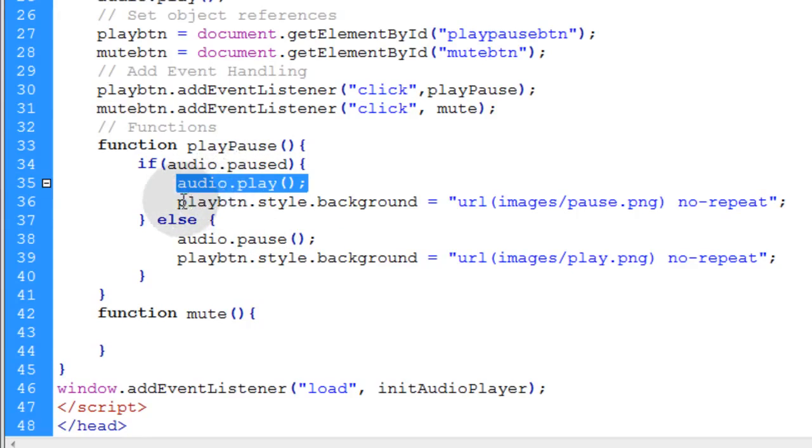So we set it to play, and then we change the play button style.background to the URL image for the pause button. Else, if the audio.paused is equal to false, that means it's playing, then we're going to set the audio to pause using the pause method. That pauses your audio. And we make the play button's background equal to the little arrow play symbol, because at that point the audio would be paused. So you want to show the play symbol to the user,